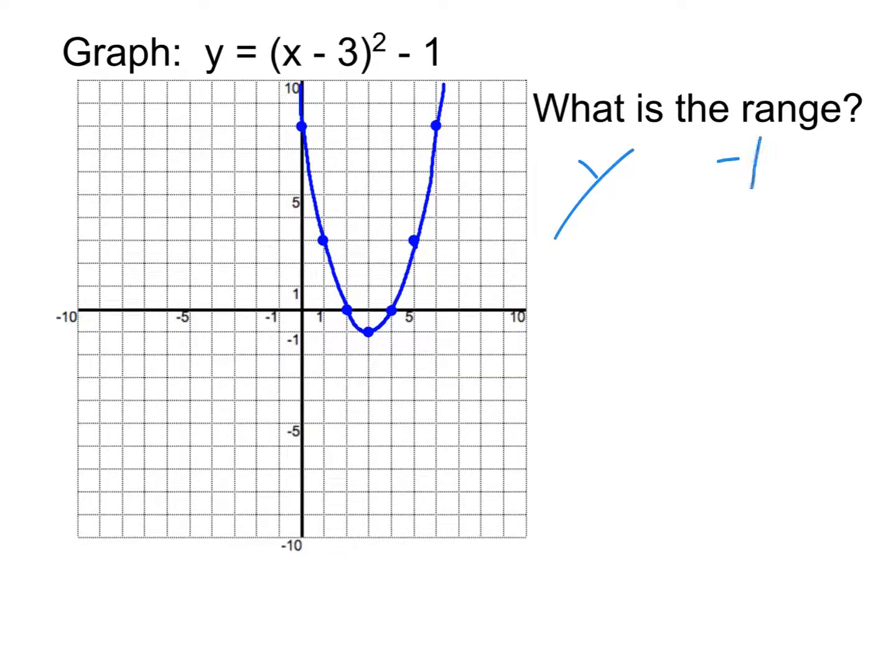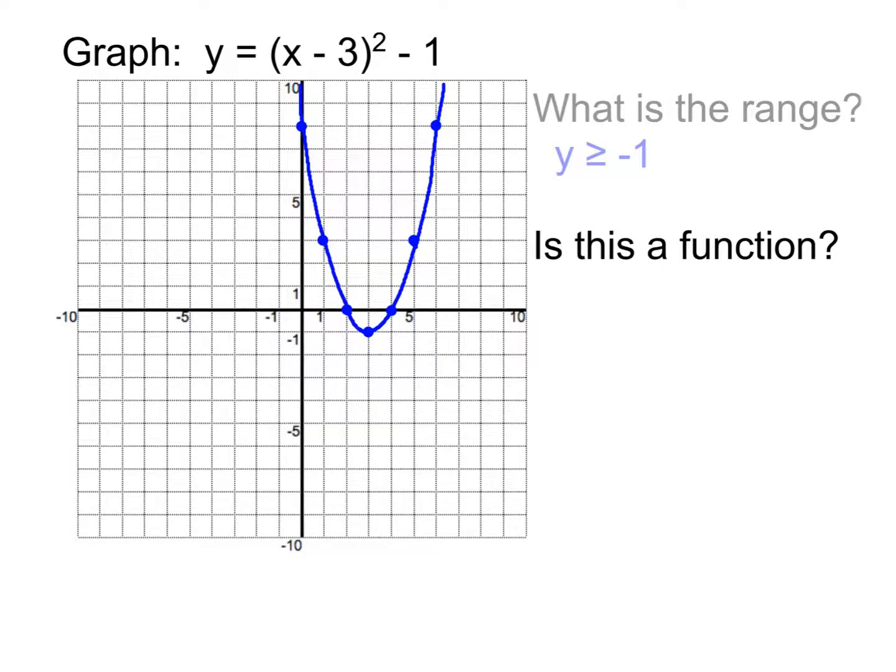Negative 1, absolutely. And because that's the lowest, you notice the graph starts at negative 1 and it's going up from there. Therefore, the range is all the y values that are greater than or equal to negative 1. Because it's just that description. It's saying this graph includes everything that's negative 1 and up. All right? So now that we know the range,